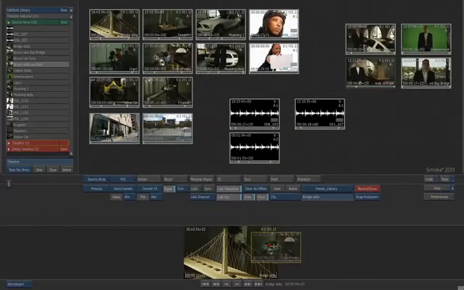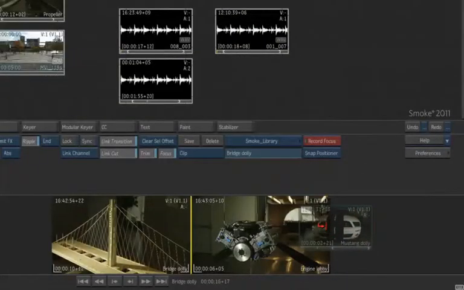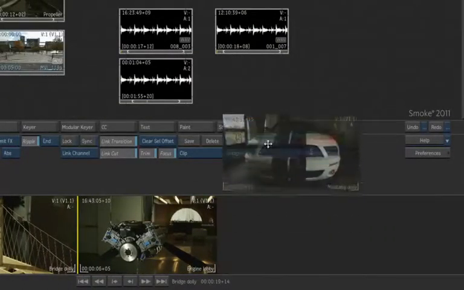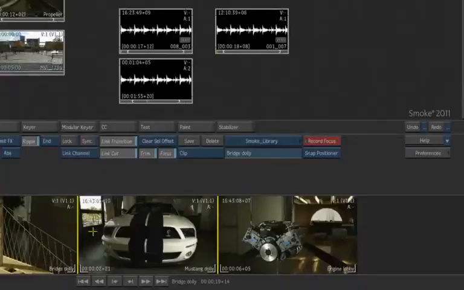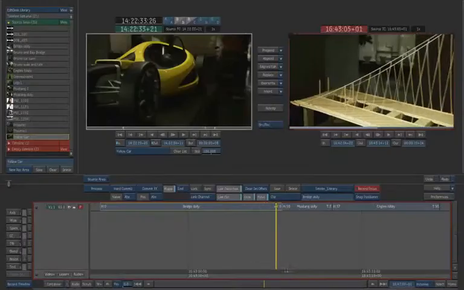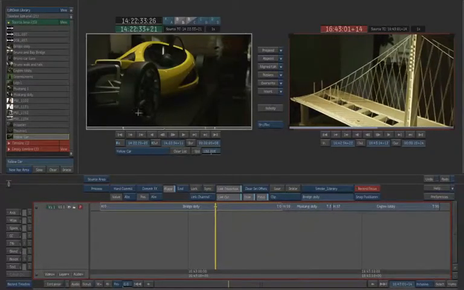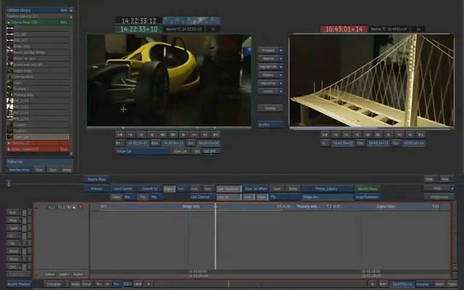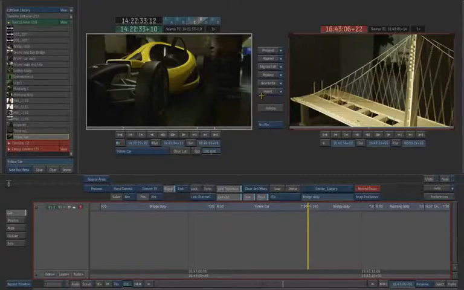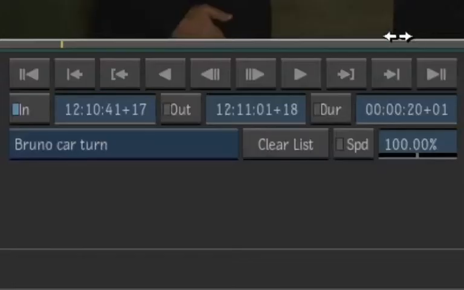Once you're ready to start editing, you can use Smoke's storyboard view to intuitively drag and drop clips and build your sequence. Or you can switch to a more traditional timeline view and select a familiar source record window setup. You can even combine this with the expanded Edit Desk view, and you've got everything you need to quickly complete